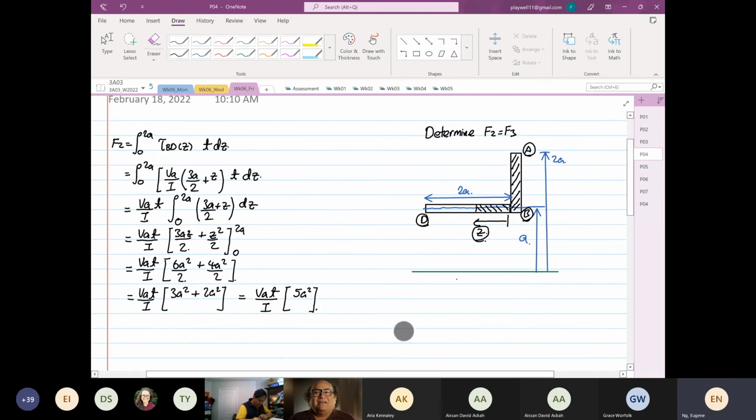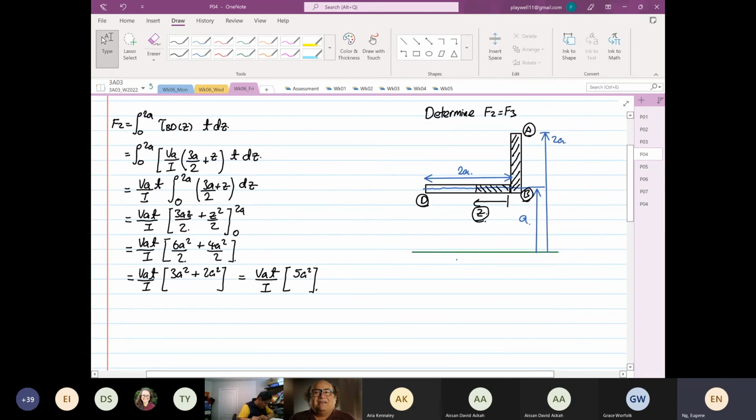Okay. So again, we're going to put in our I value, which is 28 over 3, I think it's a cubed t, multiplied by 5a squared. Okay, so you can get rid of this, get rid of this, get rid of this. So it's 5 divided by 28 over 3. It's equal to 15 over 28 V. Okay, and this also corresponds